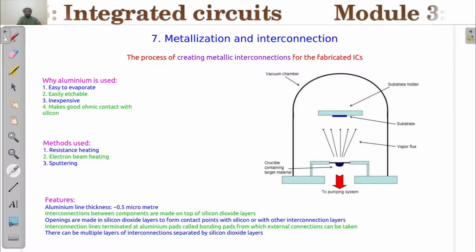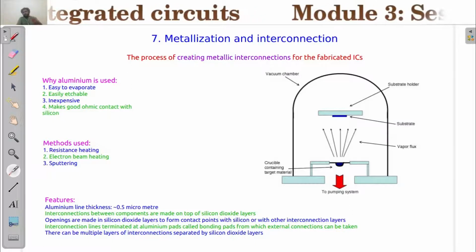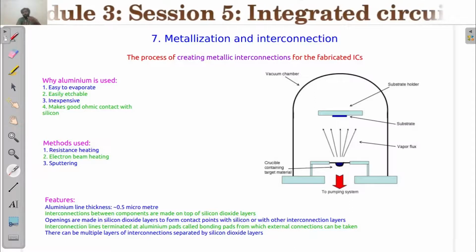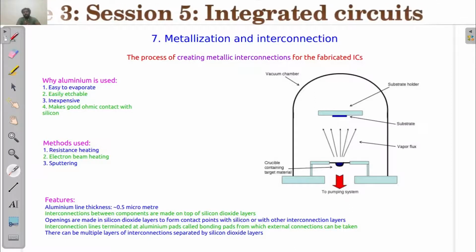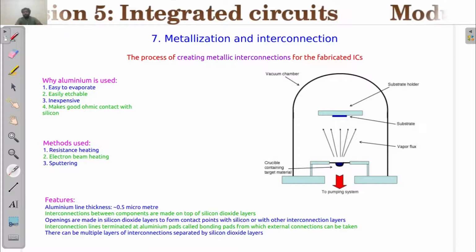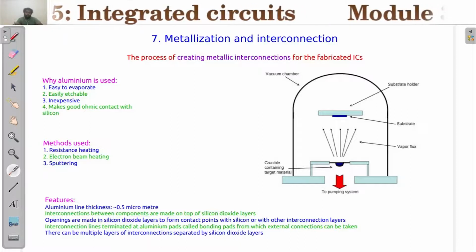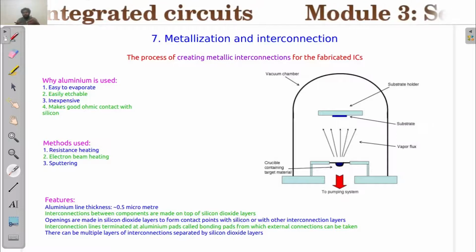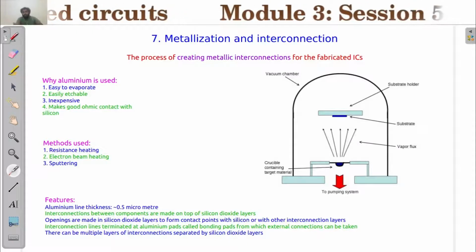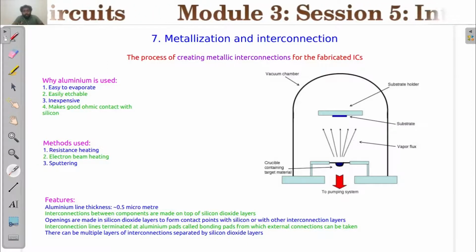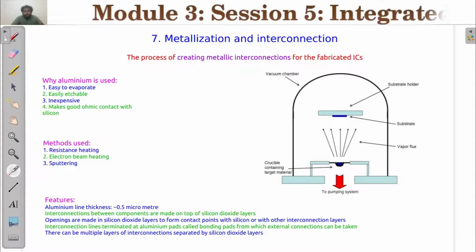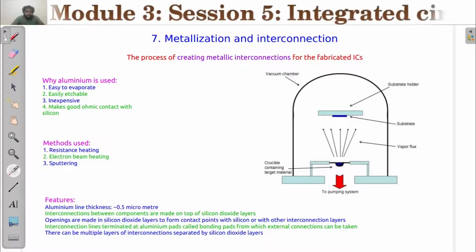So what is a good ohmic contact? Ohmic contact is between two materials, that is silicon and a metal. What we require here is an ohmic contact with low resistance. There can be contacts called Schottky contacts, and that is the basis of Schottky diodes. And there can be contacts like PN junctions, which are different types of materials contacting at a junction. That happens to be a problem when you are trying to get an ohmic contact, so that kind of problem should not occur. That is why aluminum happens to be a good pair with the silicon material, and that is why aluminum is chosen.